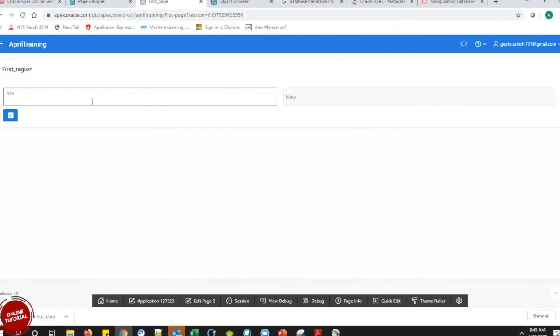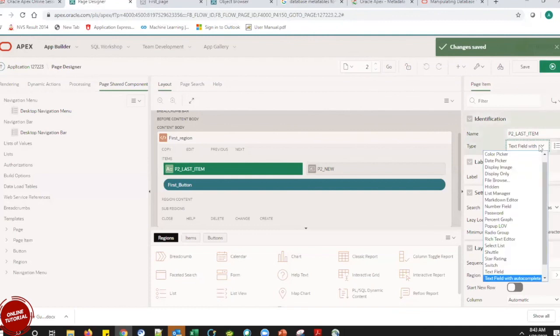So I have a text field like accounting. Now it is a text field, but with the help, so it is by default prompting me the values that could be in my text field. This was a text field with the help.